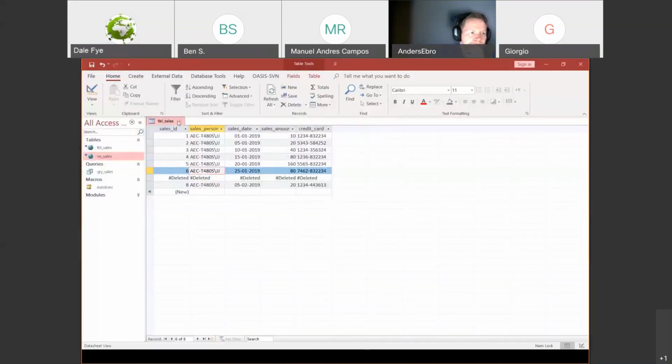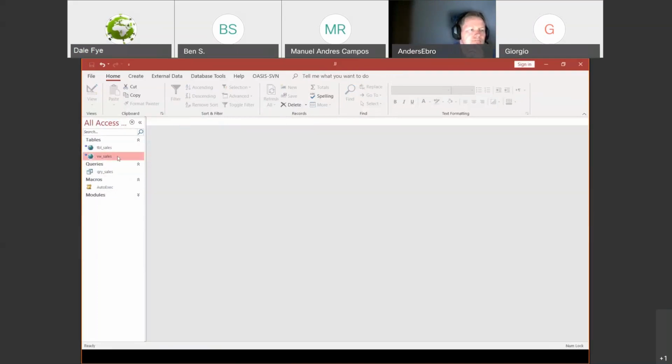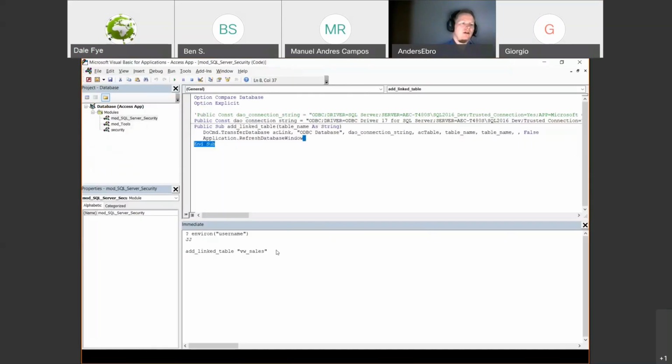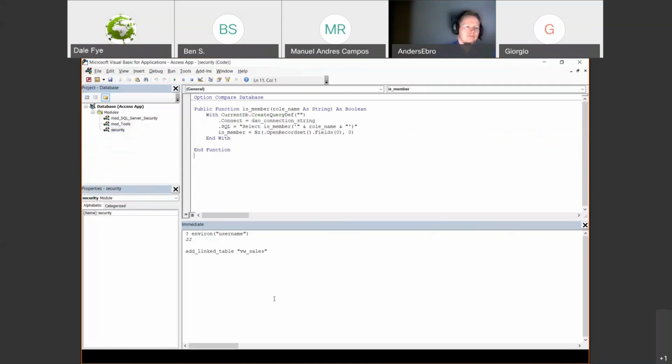In the Access front end, are you checking the AD group to determine what form to display, or to assign the correct view as a form record set? So I will use the isMember on, let's say,